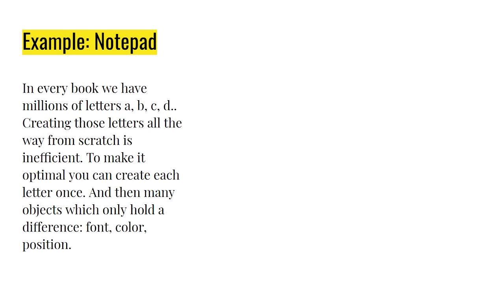So an example, Notepad. You have so many letters in Notepad, so many different objects, but they all have the same ASCII code. All letter A's will have the same ASCII code. All letter A's will look similar. If, let's say, Notepad doesn't even change a font, then all letter A's will have the same font. Then they will have only a different position. So it is so simple,